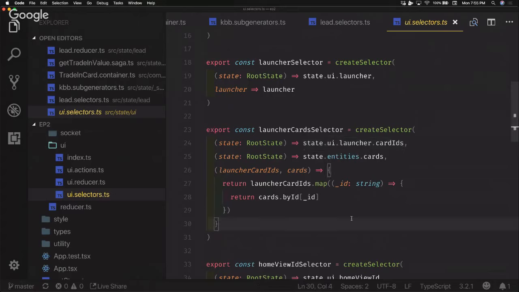Like I said, though, you do have to be careful because objects can sometimes be equal when you don't expect them to be. And so there are ways around that, though. You can write custom comparison functions, et cetera. If anyone's interested in that, you can ask me. But yeah, that's pretty much the Reselect pattern.